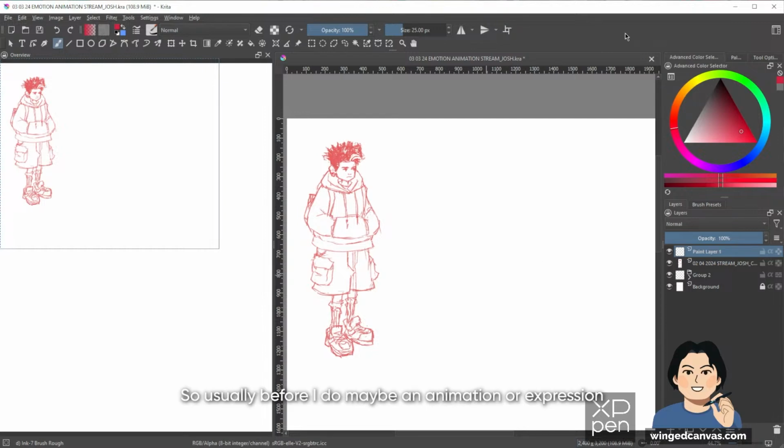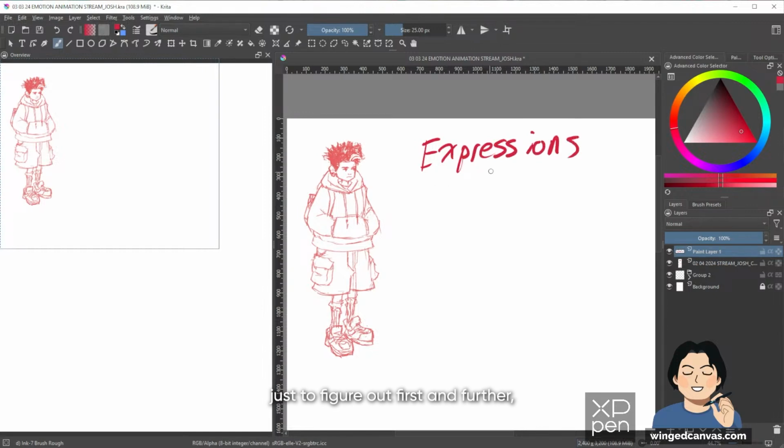Okay, usually before I do an expression animation, it's best to start with coming up with some expression samples.